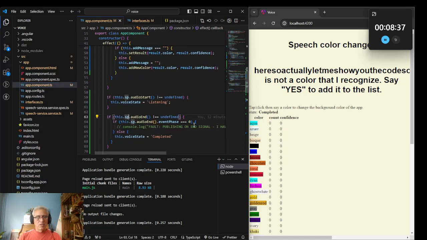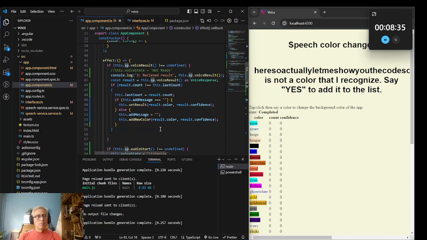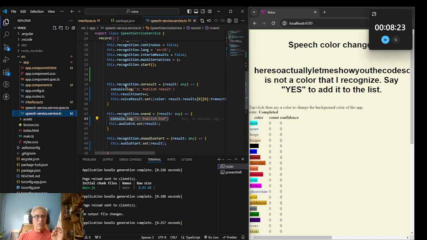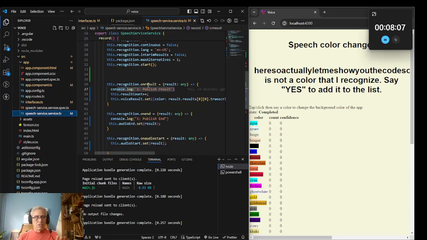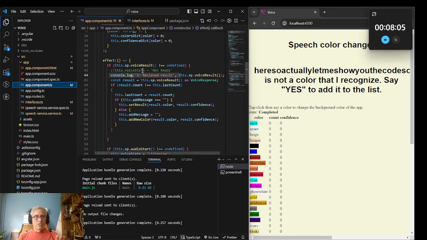I didn't put a console log there, but what I would expect if it was my crazy way of thinking how this worked was that whenever this happens, you would get this published result, and then you would get this received result on a one-to-one basis. But what is actually happening is you get this published result, you get this received result,